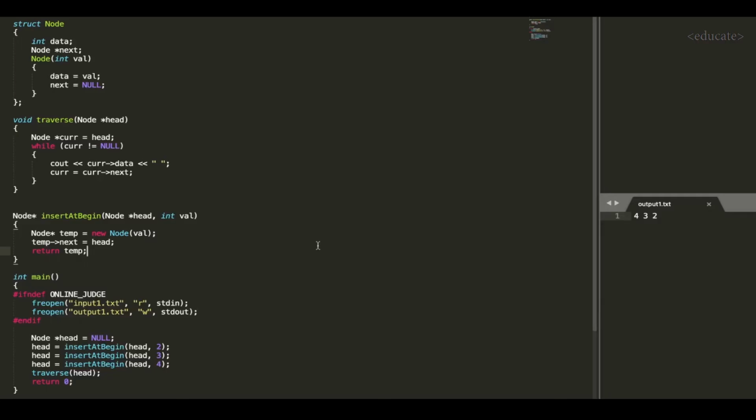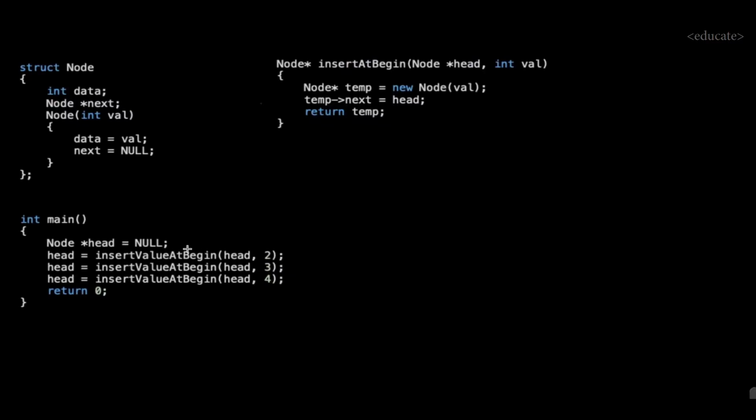Now let's see the dry run. So let's look at the implementation. Here first head is initialized as null. Now we call insert value at begin function and pass head and 2 as arguments. So here first a new node will be created, initialized with value 2 and null.